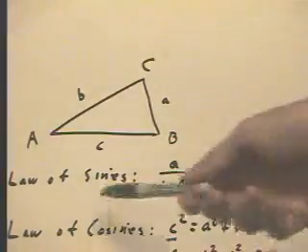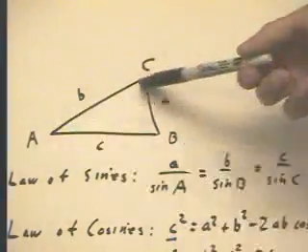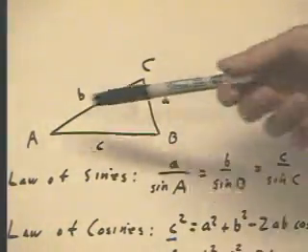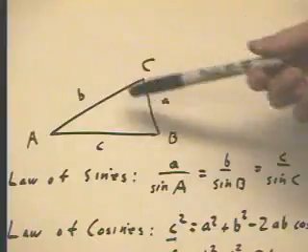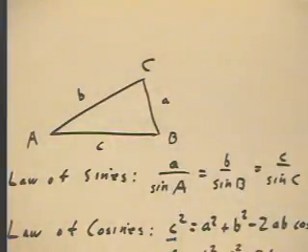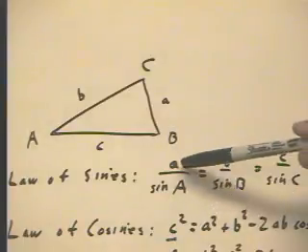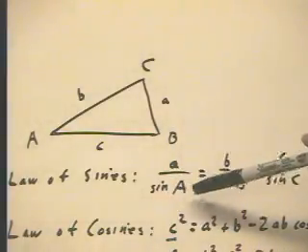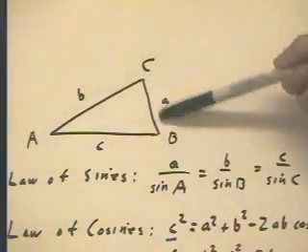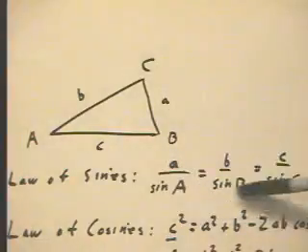The law of sines tells us that for any triangle where side little a is opposite angle big A, side little b opposite angle big B, side little c opposite angle big C, we have side A over the sine of angle A equals side B over sine of angle B equals side C over the sine of angle C. That the ratio between the side and the sine of the angle is the same all the way around